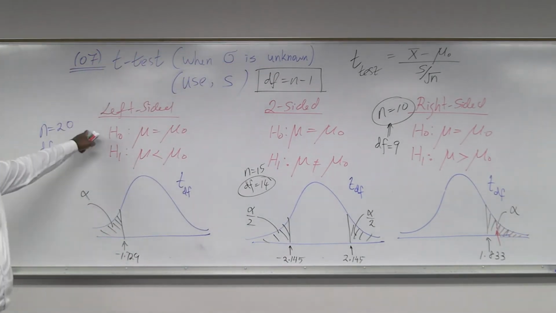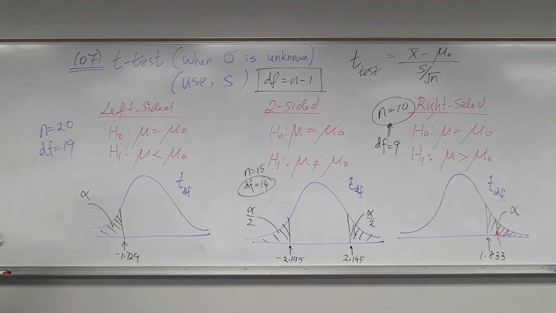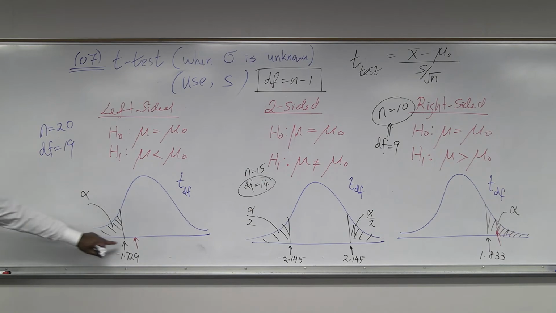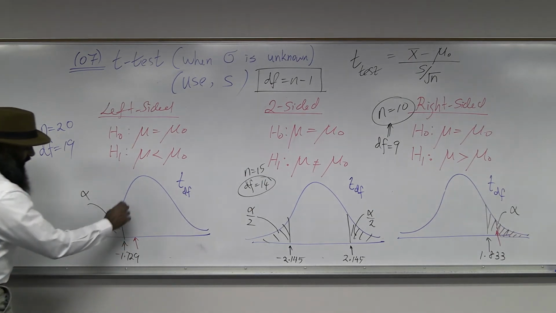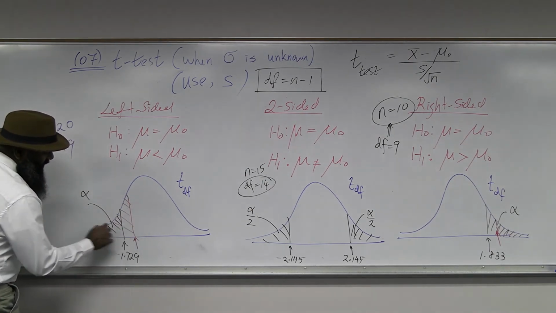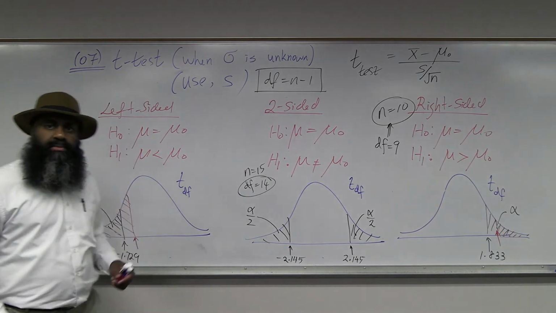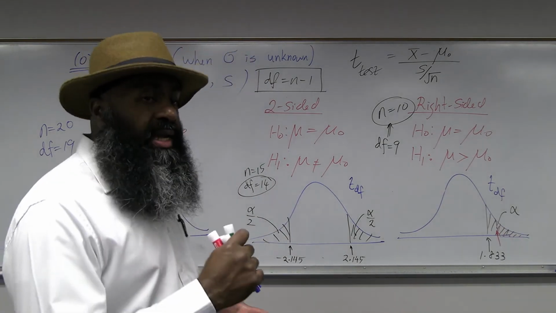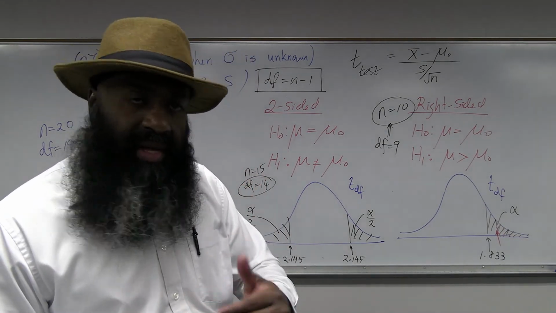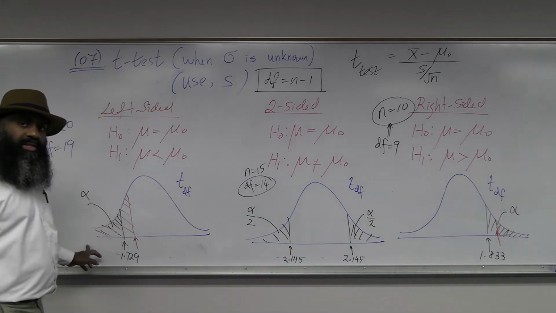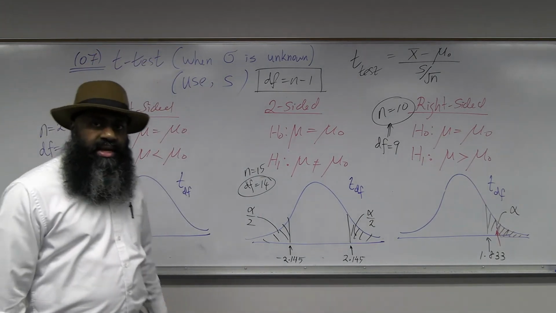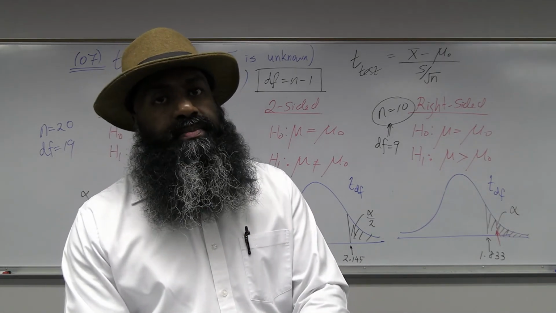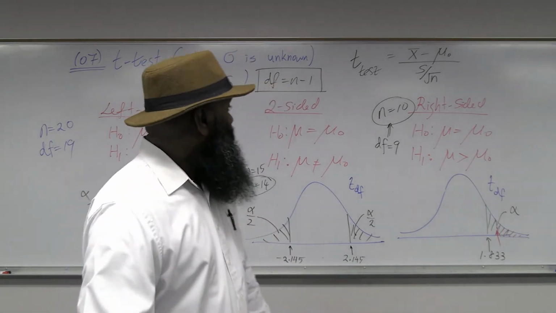And for a left-sided test, how do you calculate the p-value? P-value will be area to the left from the calculated test statistic. So if your calculated test statistic is somewhere here, the p-value will be area to the left from that point of this t-distribution. If you need to find that using your calculator, you will have to go to distributions again, select TCDF. The lower limit will be something like negative 100,000. Upper limit will be the calculated t-test statistic, and then you have to enter the degrees of freedom. And that's it. For a two-sided test,